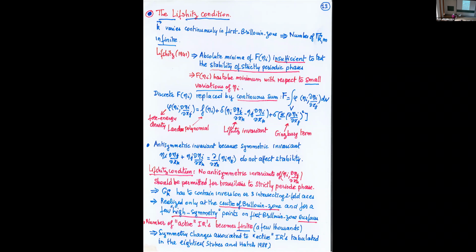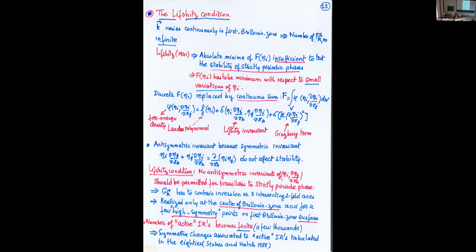If you take into account the derivative, it becomes an integral over the volume of the system of a free energy density. And this free energy density contains the Lifshitz invariant, which is an anti-symmetric invariant of the order parameter, and the so-called Ginzburg term, which is the square of the first derivative, which is required if you